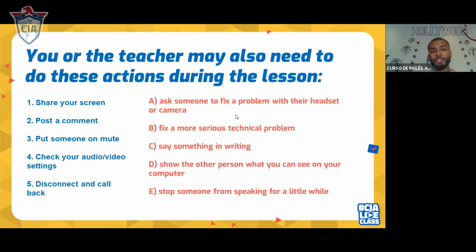Other things that you have to do while you guys are studying. First, share your screen. What is to share your screen? What's the definition of sharing your screen? What does that mean? I want somebody to raise their hands and I will turn on your camera so you can read the definition, okay? Read this text here. Read it for me. Can somebody do that?